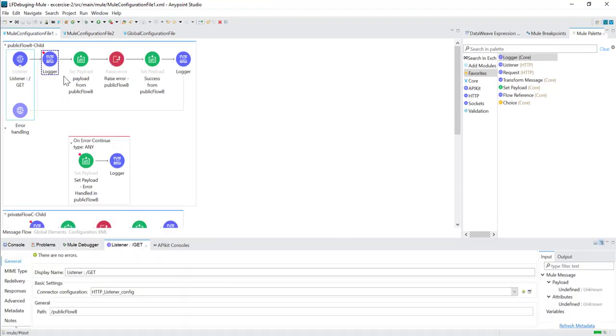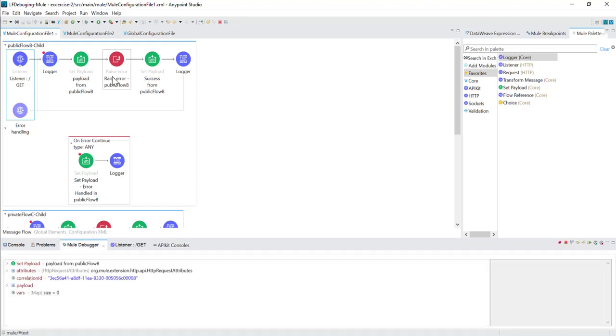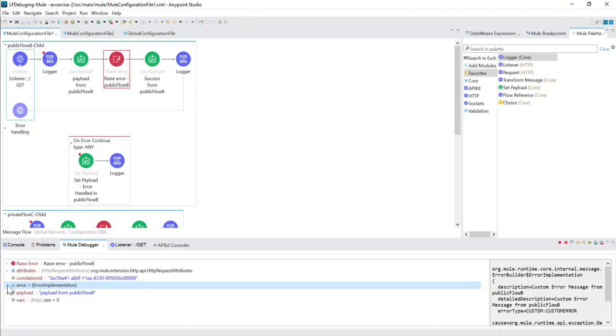So now we can see the debugger there in the child flow. We will move ahead, and now in the child flow, deliberately we are going to raise one exception. We are going to raise error. So here let's see what happens. We can see that using raise error we have